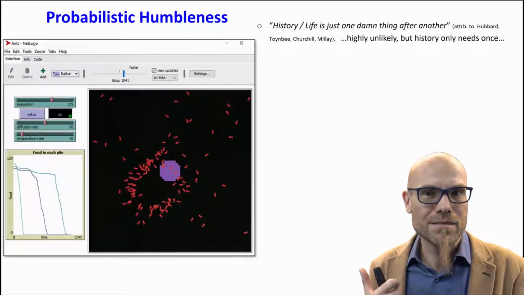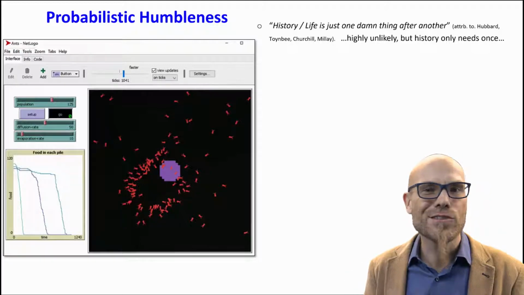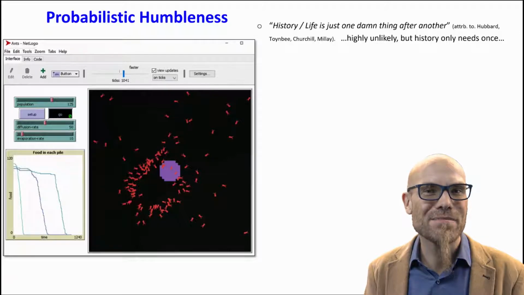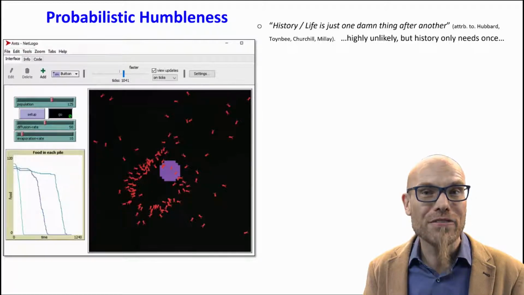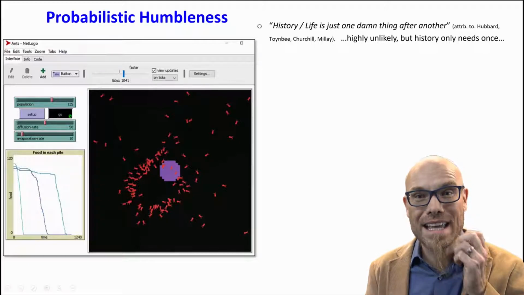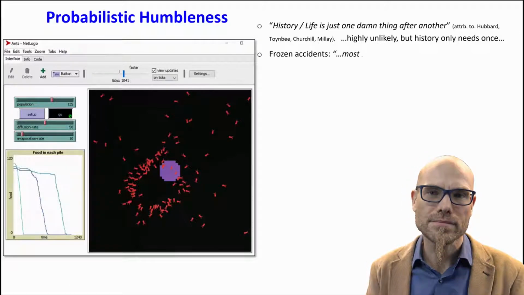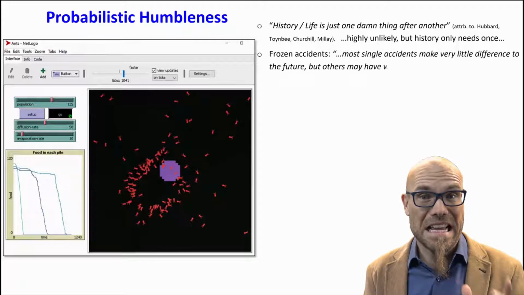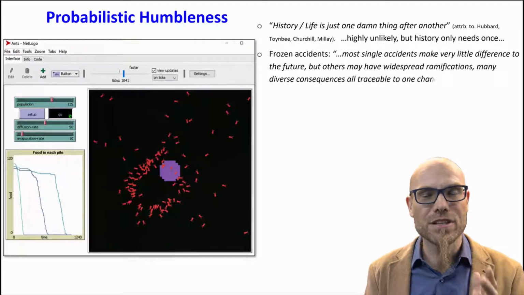And I invite you, this model is in the models library of NetLogo. Please go and check it out. It's called ANTS. You can run it and maybe you'll find the likelihood also, and you find when it happens that the third food source gets exploited first. And once it happens once, it can have important ramifications. Murray Gell-Mann, one of the co-founders of the Santa Fe Institute, Nobel Prize winner in physics, calls these frozen accidents. That's when something happened, one damn thing, and everything that comes later on is affected by that. So that's what he calls a frozen accident.